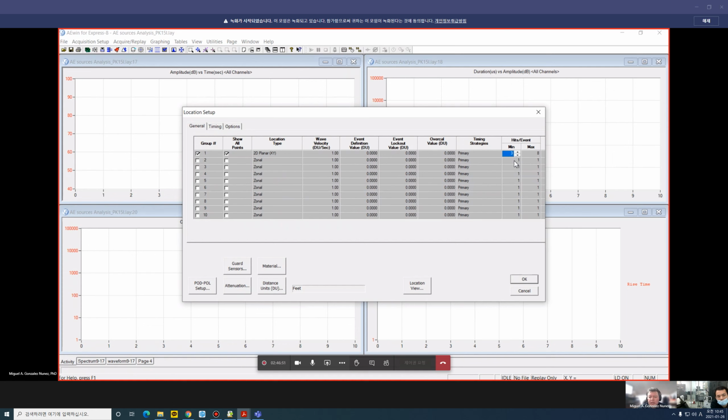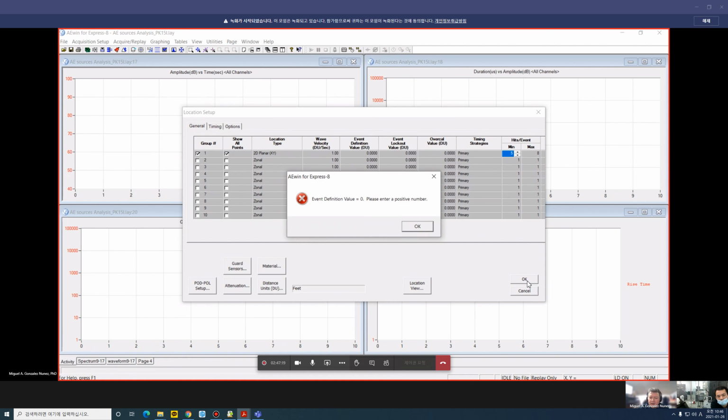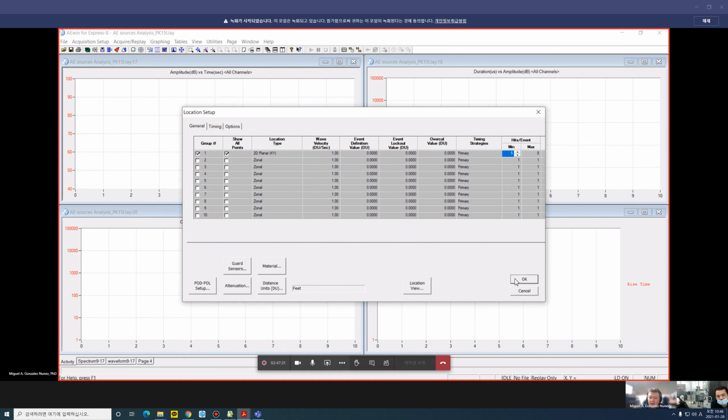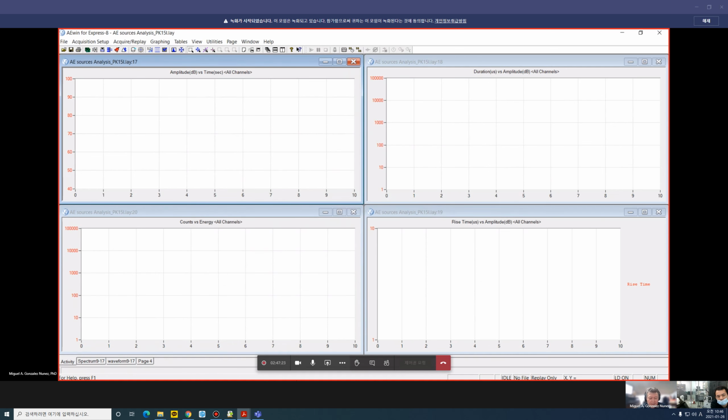So what we are doing in the example that I was showing, we are increasing the number of sensors from 3 to 5. So weak signals are not going to reach the other 2 sensors. And that's why we are filtering out those weak signals. And that's how we are concentrating the signals.